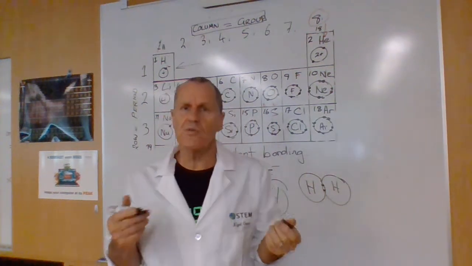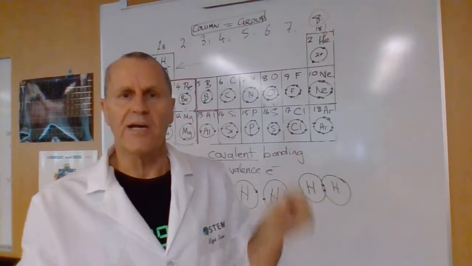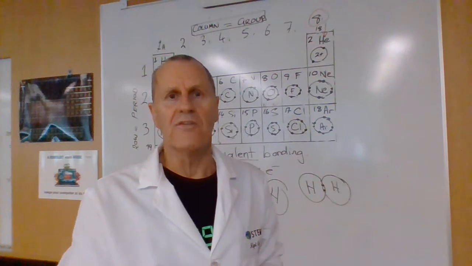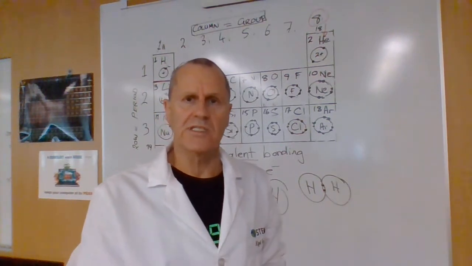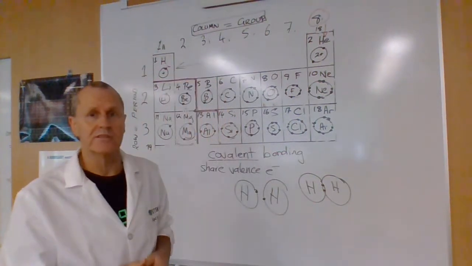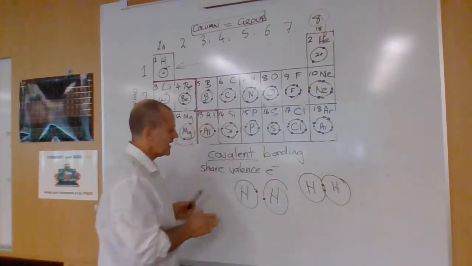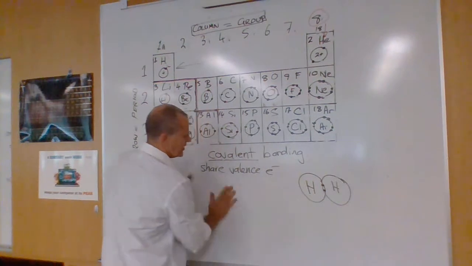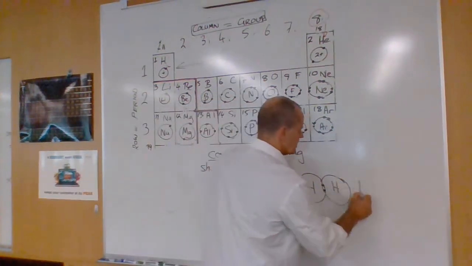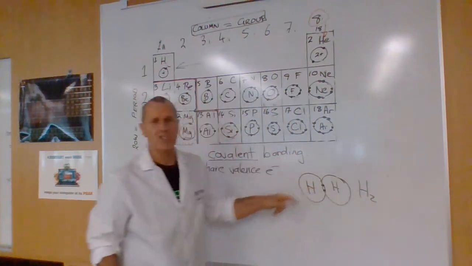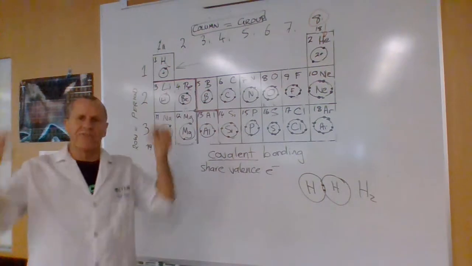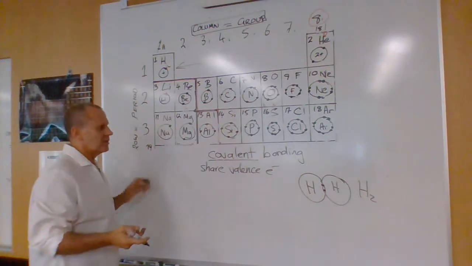Now it's like this tenuous Venn diagram, where by sharing electrons, they manage to satisfy the need for both atoms to get 1 extra valence electron. So let's have a look now at the most common molecule that we look at. This is, of course, an H2 molecule, hydrogen gas,